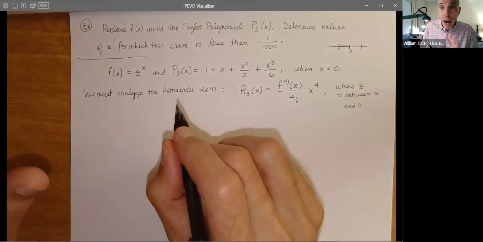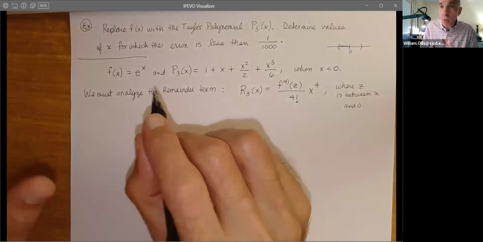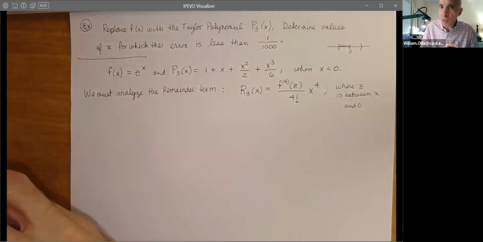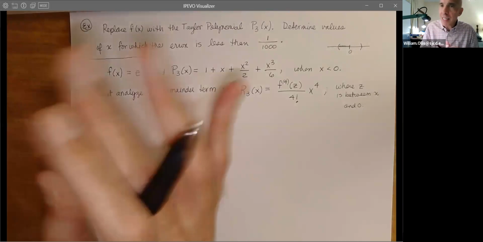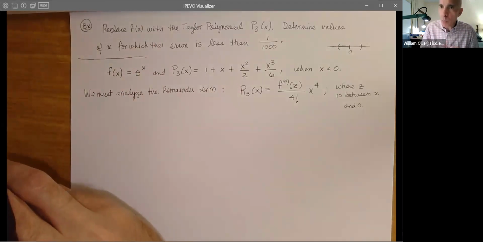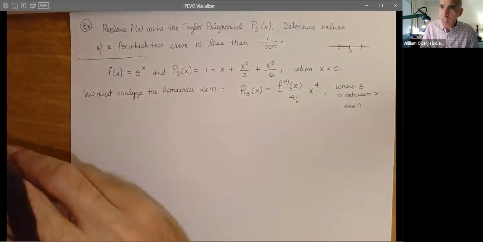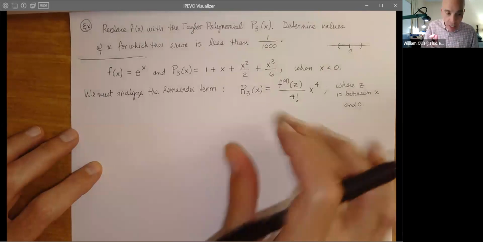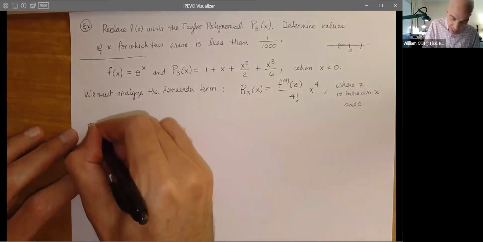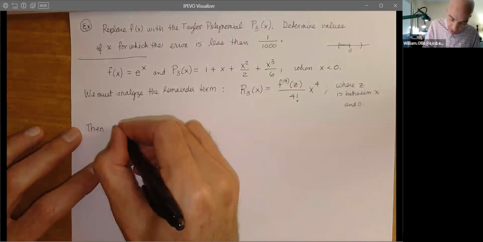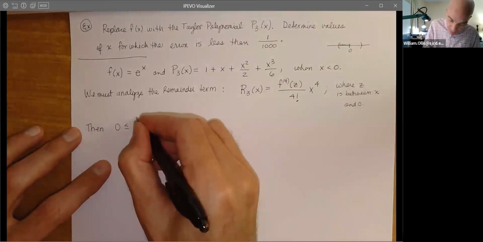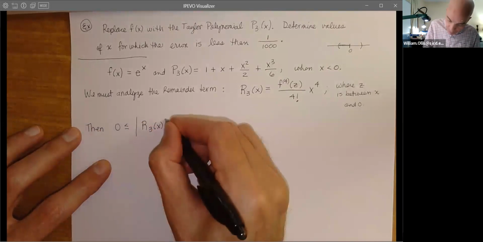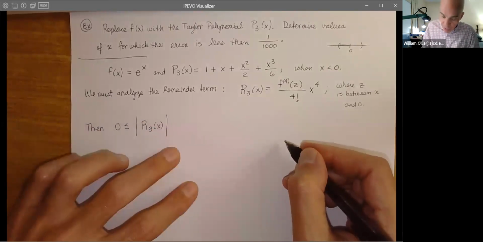Again, this is not a unique deal, but the way these problems are set up is that the approximation will ensue cleanly in only one direction. So you don't have to worry about there being differences in output, so to speak. So at this point, we know what this is. So let's look at the absolute value. Then we have 0 less than or equal to the remainder term, kind of like we did with the alternating series test.